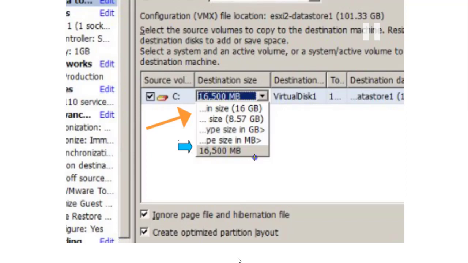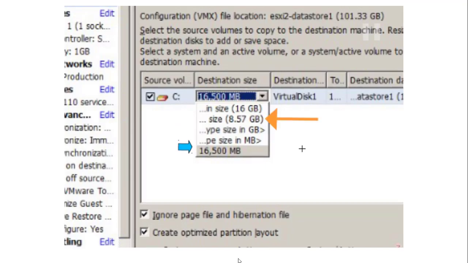If you shrink your hard drive, you cannot go beyond this space, otherwise your machine will crash. So on the safe side, I recommend that if you want to increase the size of your hard drive, just multiply the second value, 8.57, by 2, 3, or 4 times as you wish. And in the bottom